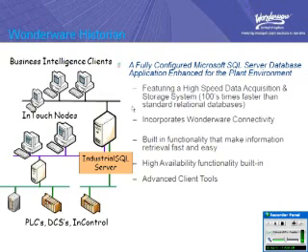The diagram shows you where it fits into a basic structure, basic architecture, and it's a high-speed. It features a high-speed data acquisition and storage system, which is 100 times faster than standard relational databases. Now, a historian is no good unless it can get the data quickly, and because plant data changes very quickly